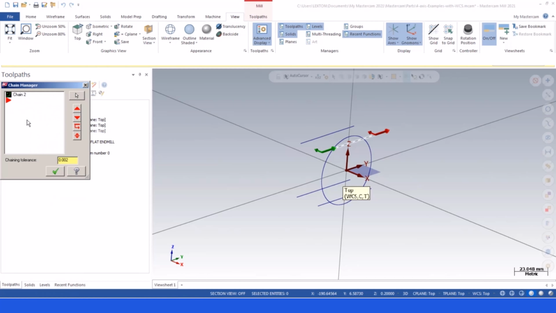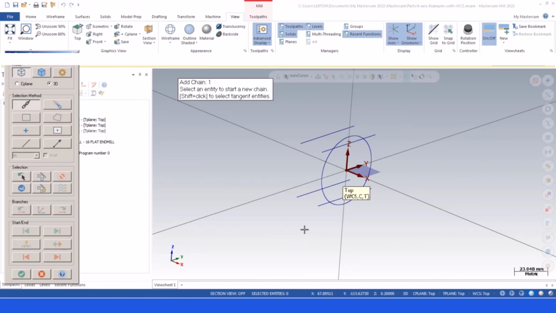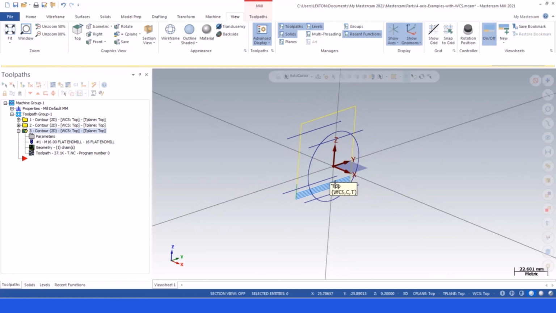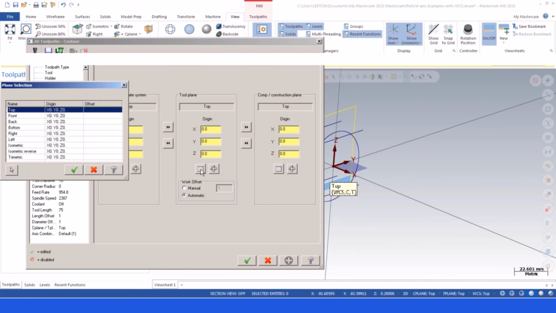After that, we can click geometry, we can delete that part, and we can add a new one. So I'm gonna start with that one. Okay? If I recalculate, you're gonna see that kind of toolpath. Okay? But we don't want that. We're gonna use our 4-axis. So that's why we can turn to parameters options, and then we turn to tool plane options here, and